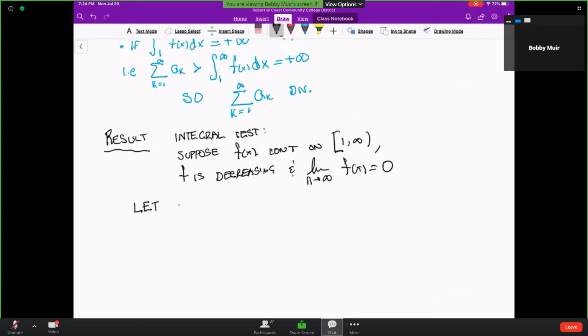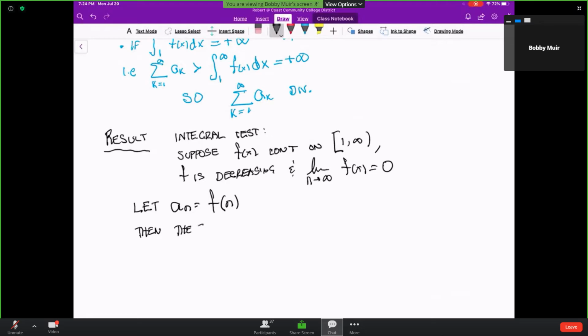If we were to let a_n be f of n, then here's what the conclusion says. Then